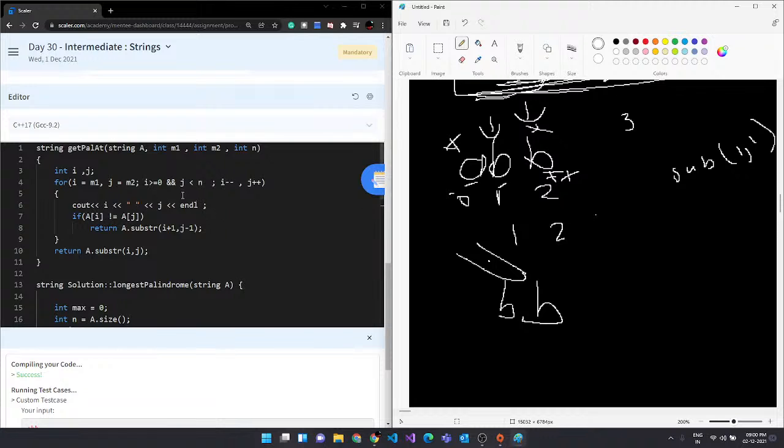Okay, so this is the only iteration that it would do. So it'll do 1 is not equal to, so 1 is equal to, and 1 is equal to j, and oh,